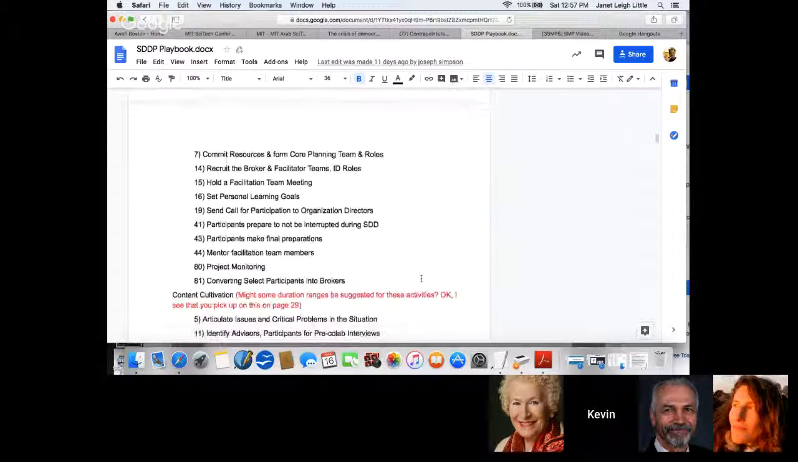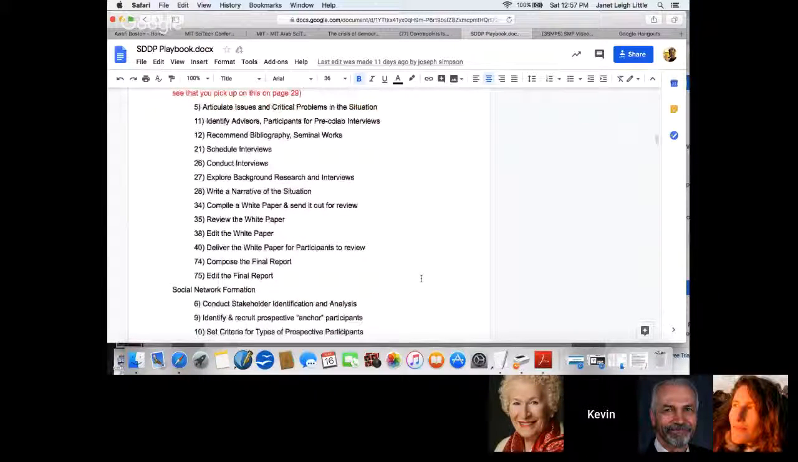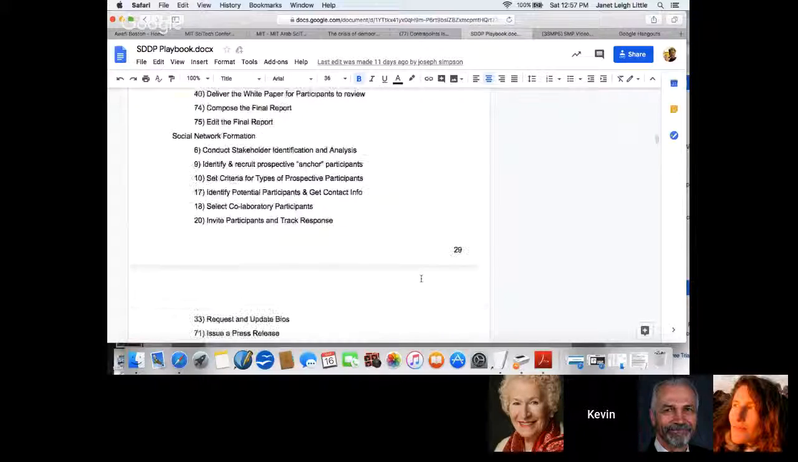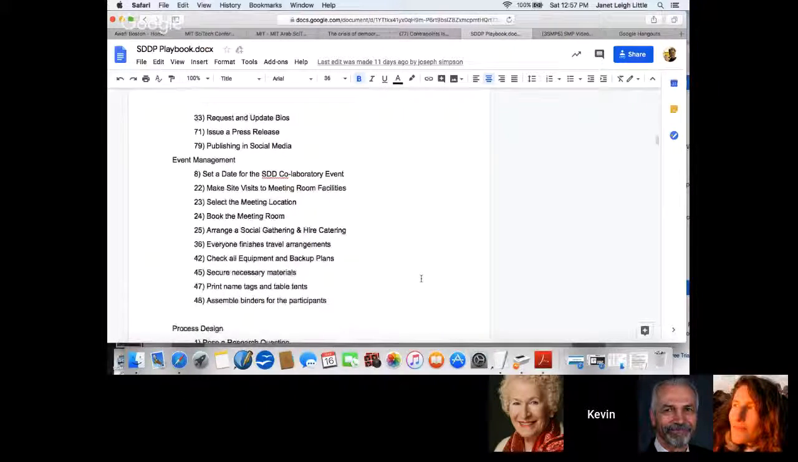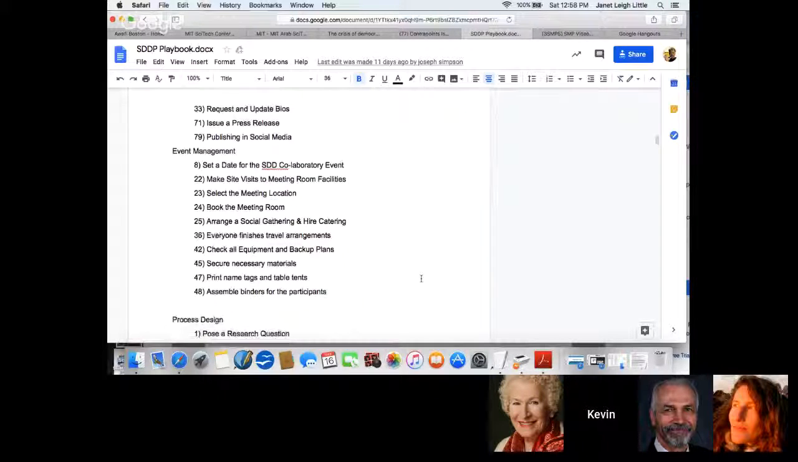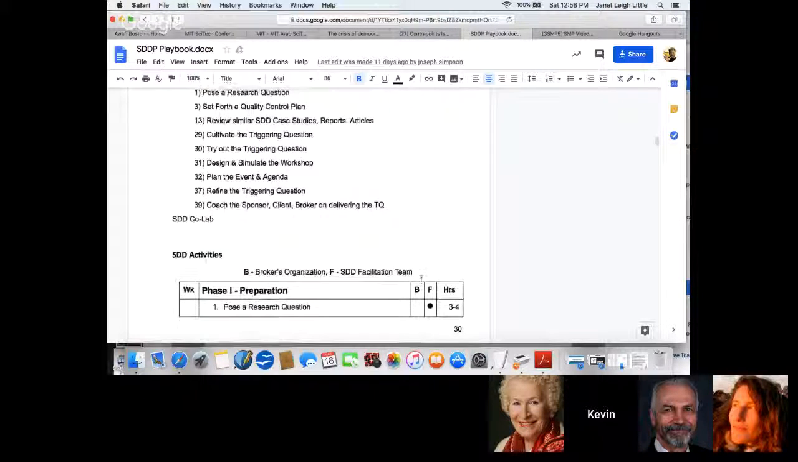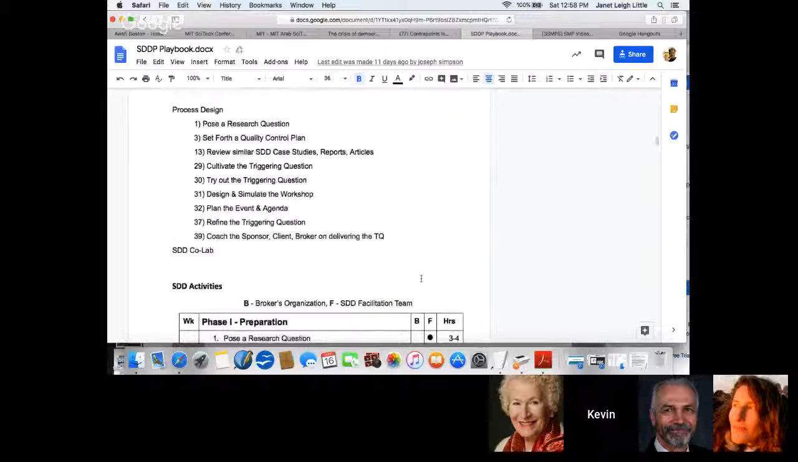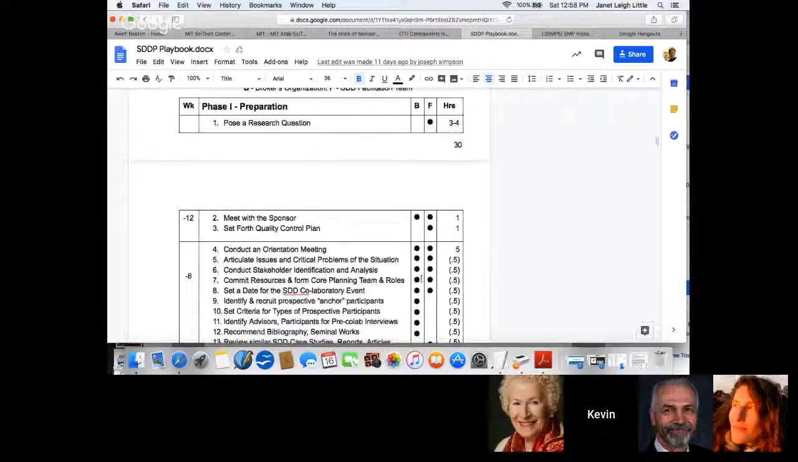So there's a leadership component, there's a content cultivation or domain expertise component, social network formation activity. There's things about event management, like arranging a reception, and then process design. And that's what the facilitation team is mostly responsible for. But the playbook itself is, for the most part, the process design. And so they're just tweaking it. And then just to wrap up,